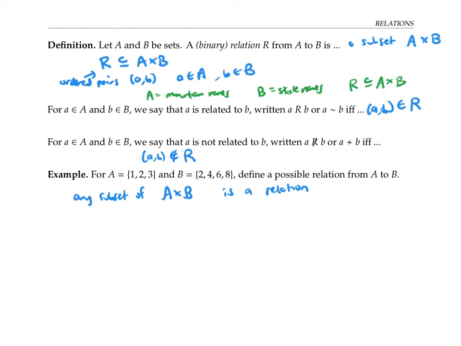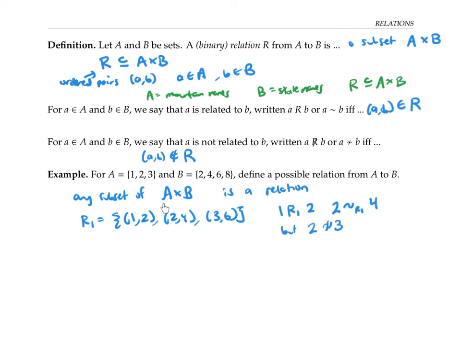For example, I'll let R1 be the subset consisting of the ordered pairs (1, 2), (2, 4), and (3, 6). Then we would say that 1 is related by R1 to 2. We would say that 2 is related to 4, but 2 is not related to 3 because the ordered pair (2, 3) is not